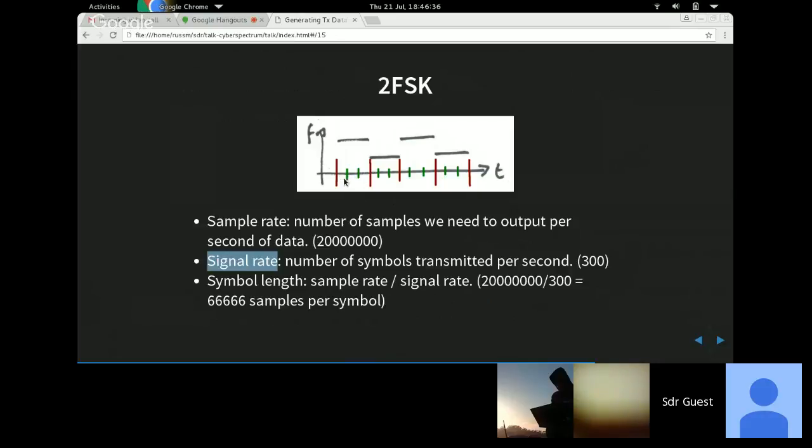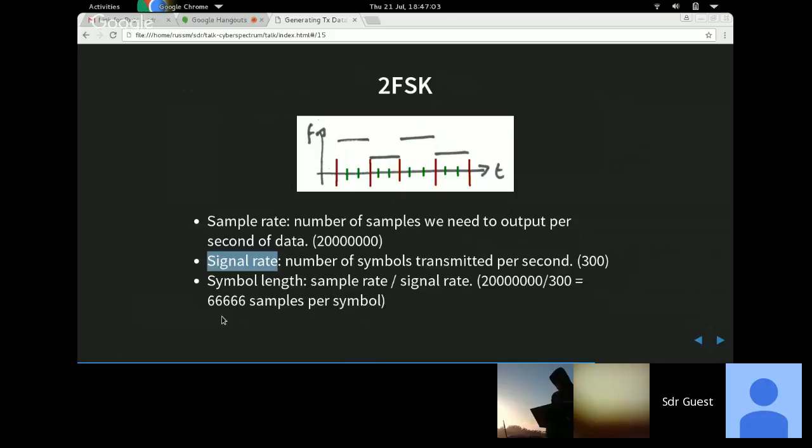So 12 samples per second total, 4 symbols over that 1 second. So we see 3 samples per symbol. For the actual transmission, it's going to be 20 million divided by 300, which gives us a much higher symbol length of 66,000